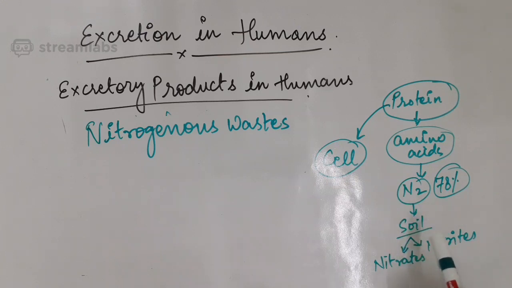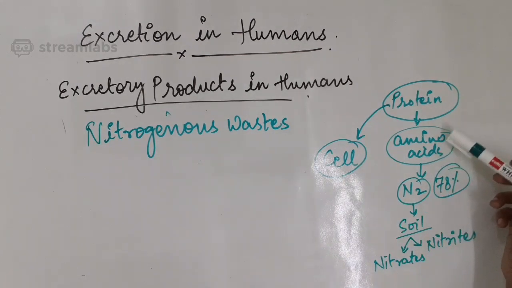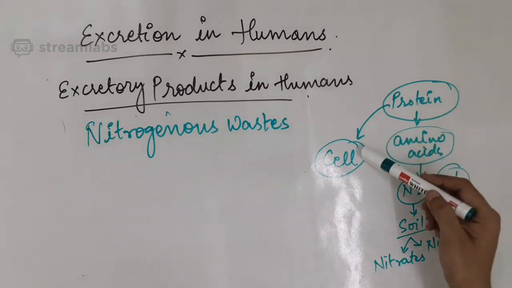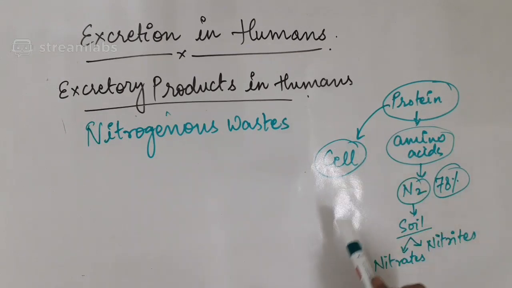It is present in the soil in the form of nitrates and nitrites. These are the elements required for the growth of the plants. Okay, so plant की growth के लिए, plant cell की growth के लिए ये amino acids मिलकर के प्रोटीन बनाते हैं जिससे उनके सेल्स बन पाते हैं. और प्लांट्स की बॉडी में जो भी एनर्जी होती है वो हम यूज़ करते हैं अपनी बॉडी की ग्रोथ और